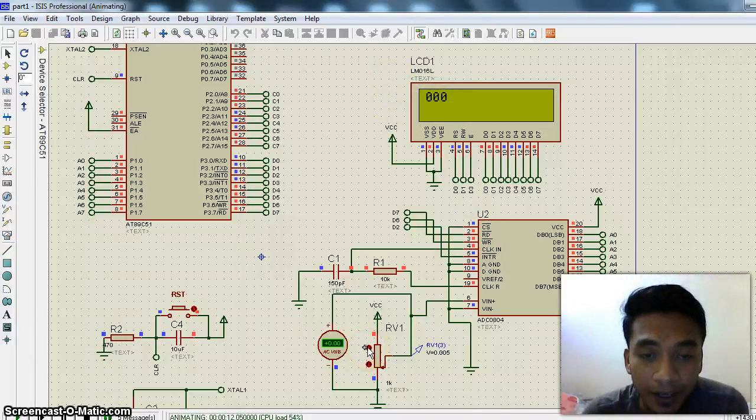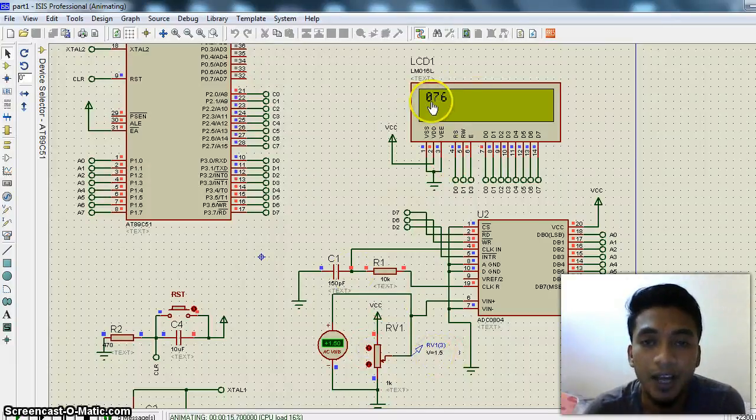So I try to increase it from 0 to 1.5 volts. As you can see, the number changes from 0 to 76, and I increase it more.